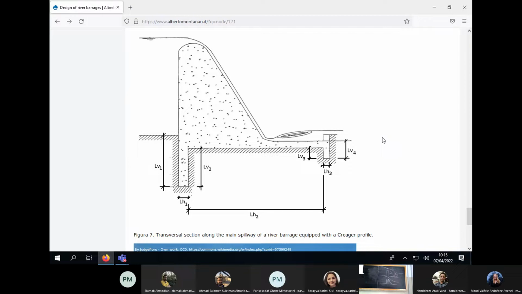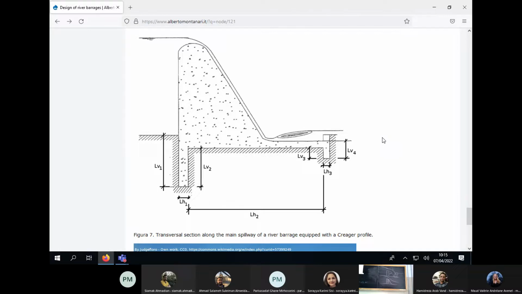These vertical walls are called cutoffs, and they have the purpose of fixing the structure to the soil, but also to increase the length of the water path beneath the structure. And we assume that the vertical path is given by the sum of